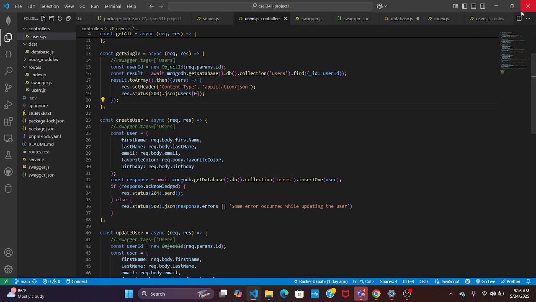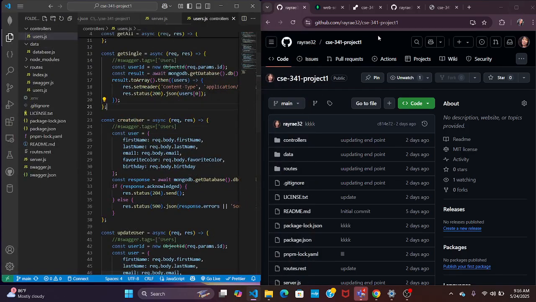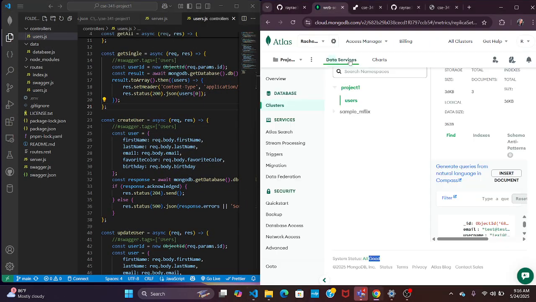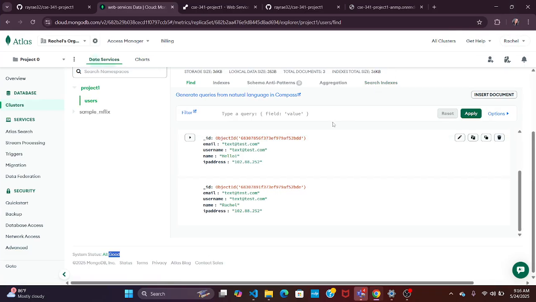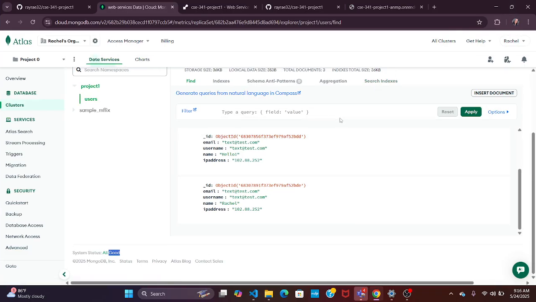I'll go on to show you my MongoDB account. I was able to create a cluster successfully, and I included my contact IDs and all my contact information in the project. So after I was finally done with that,